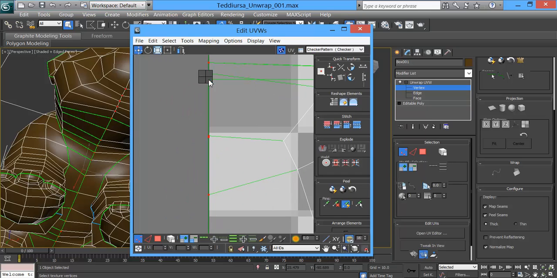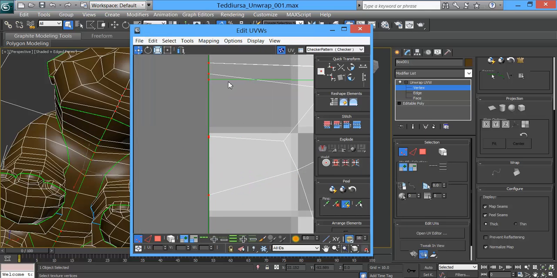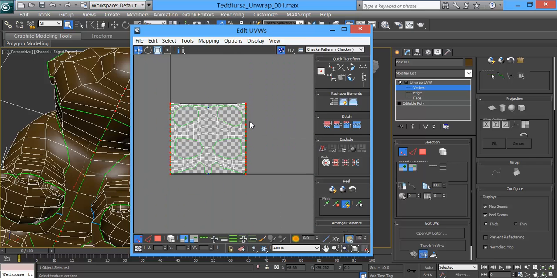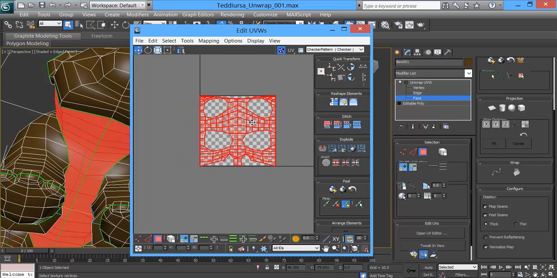and now I can right click and weld selected, and that turned all those back to white, so there's no more green there. That means that these have been welded up, and that's what I want to see, so that's good. Now if I come back to face,